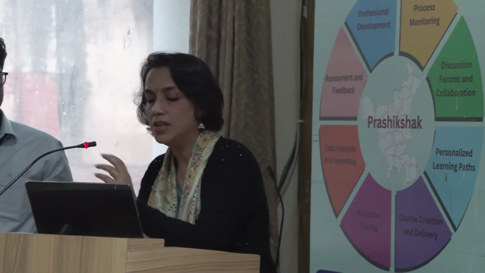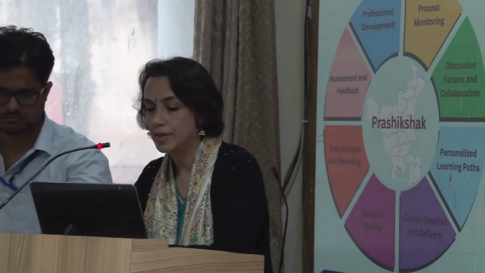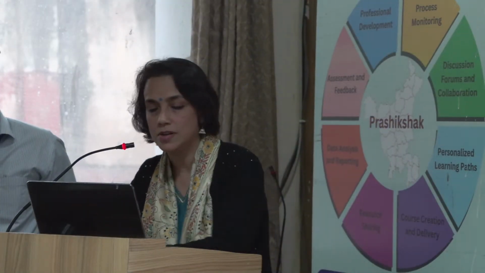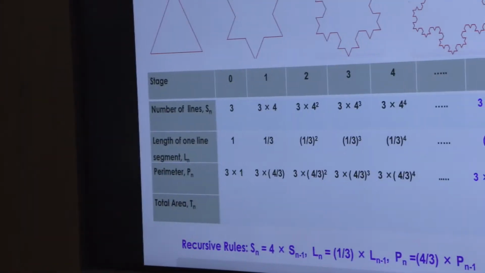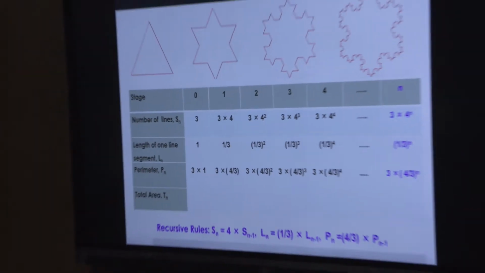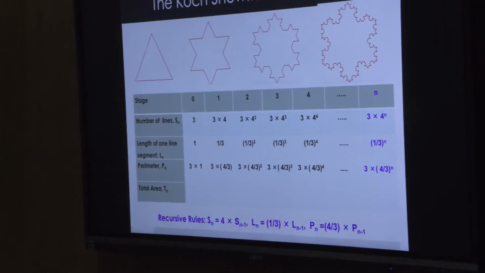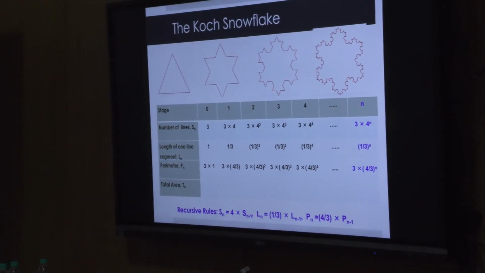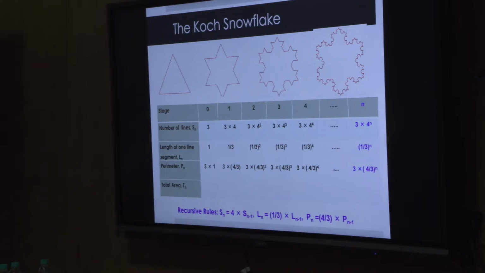So you can actually give them this exercise. And now, so this is again a student's work. So what happens is that what is your feeling as n tends to infinity, as the number of stages grows, what will happen to the area enclosed inside this? So let's have a look at a spreadsheet.